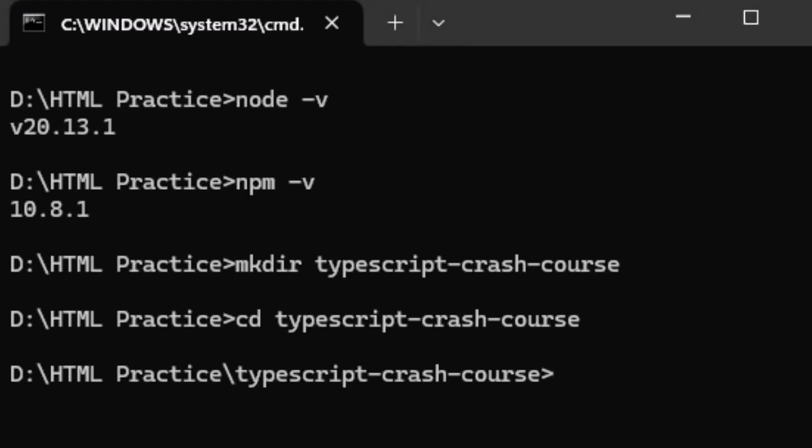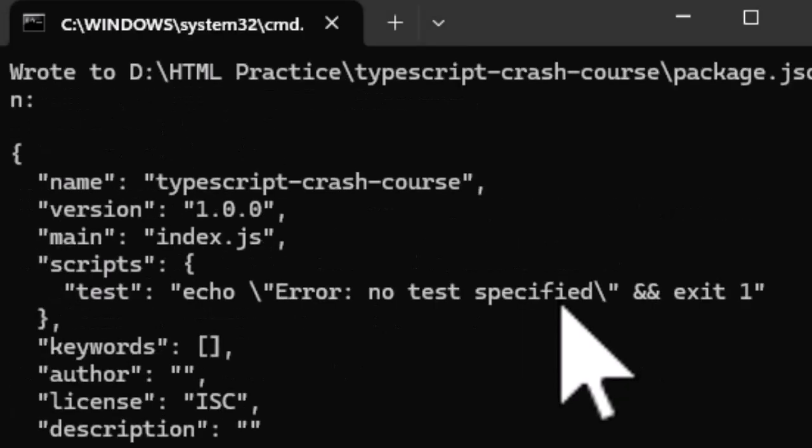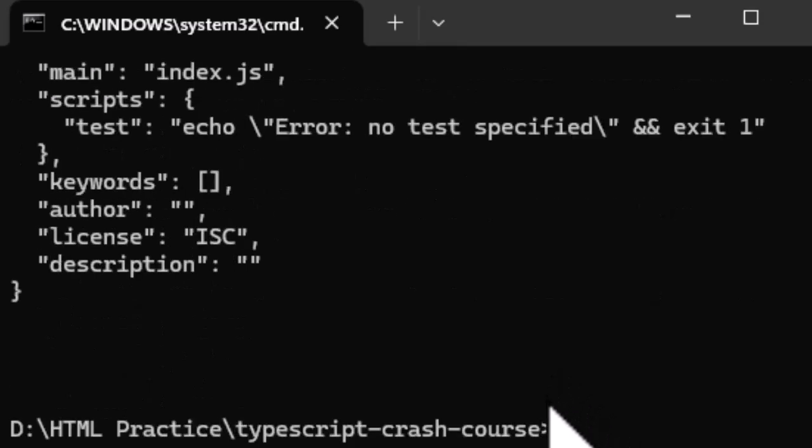So now from within your project directory, execute npm init -y and press enter. This converts your empty project into a Node project by creating a package.json file in it, containing metadata about your projects like name, version, and a list of dependencies. Here's the file it created, and you can see there are no dependencies, so let's change that by installing our